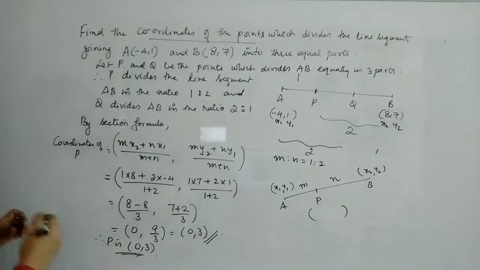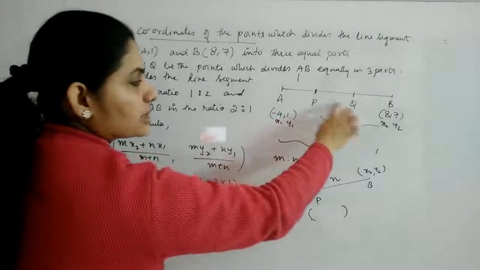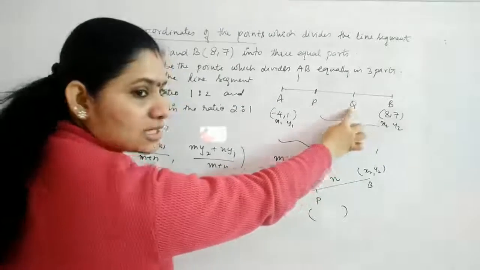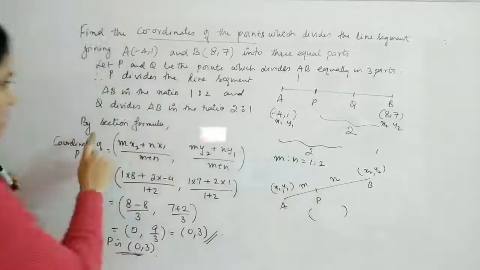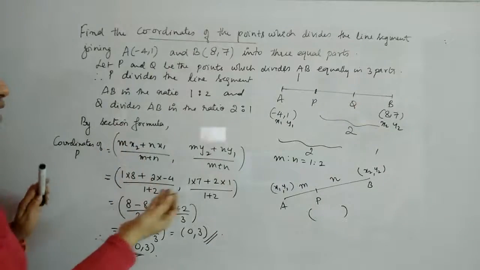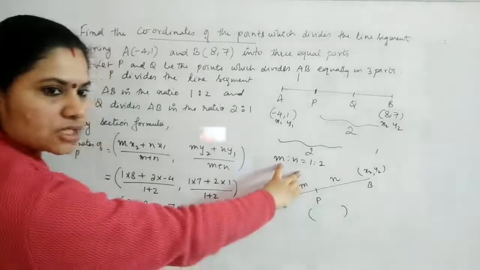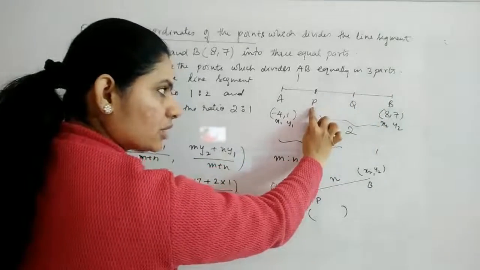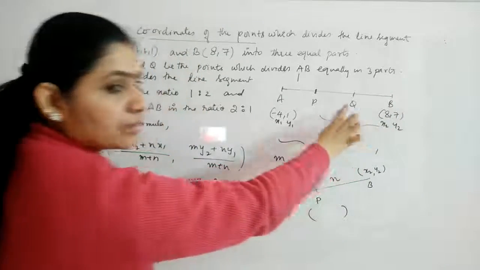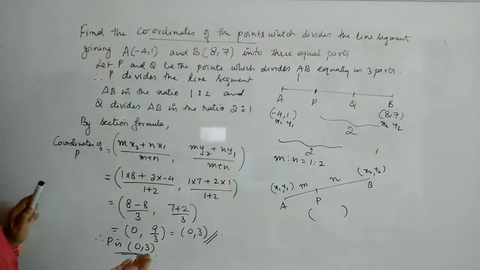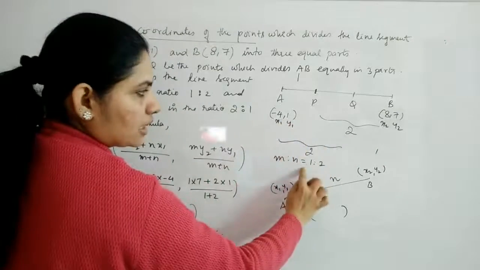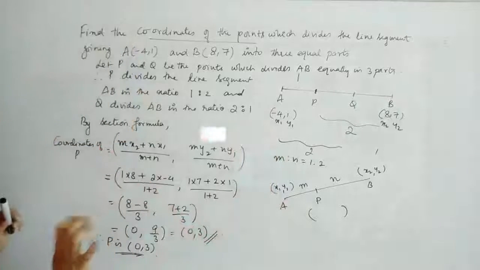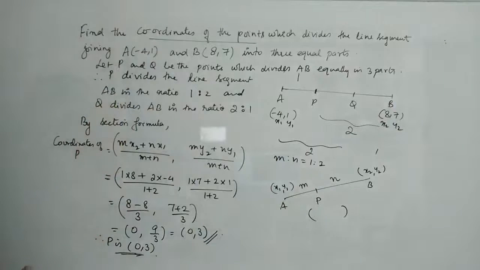Now how will you find out Q? Actually Q is acting as a midpoint of the line segment PB. So you can use, this is more easy to use, the midpoint formula. The section formula has a particular case, the midpoint formula, when the ratio becomes 1:1. So here the ratio is 1:1 for PB. So using the coordinates of P and B, you can find out the midpoint Q. Or else you can use the section formula also by using the concept that Q is dividing AB in the ratio 2:1. That is the only change. Okay, so I think the midpoint formula is easier to calculate.